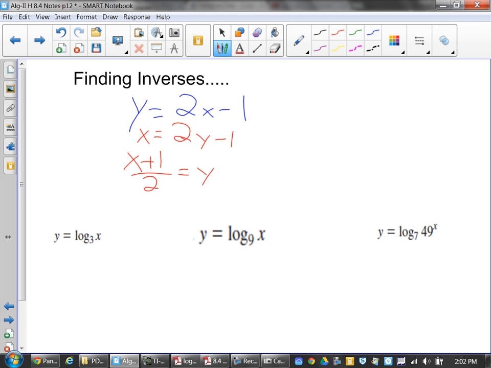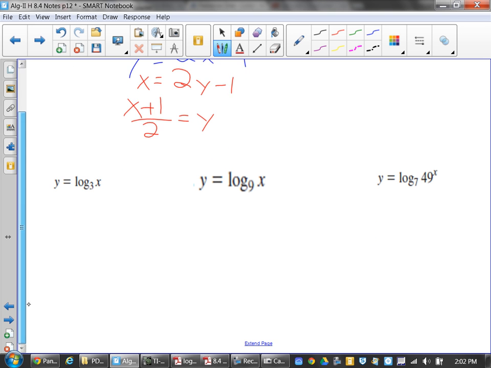You end with X plus 1 all over 2, for your Y value. Now, the process for these, when we're doing the work with logarithms, doesn't change when you flip-flop to solve for inverses. It still does the same thing. So if I'm starting with Y equals the log base 3 of X,